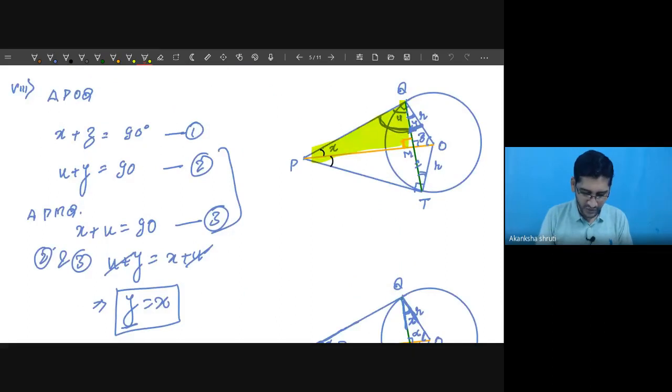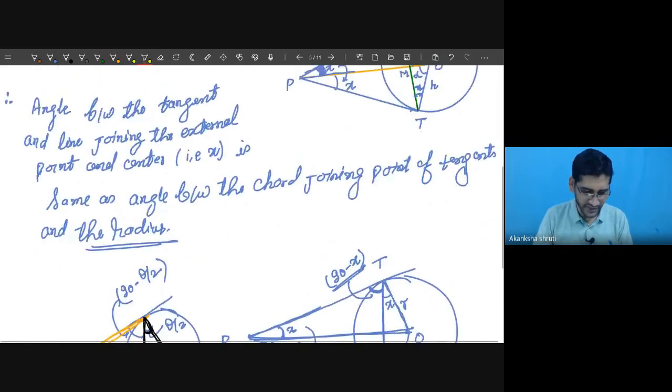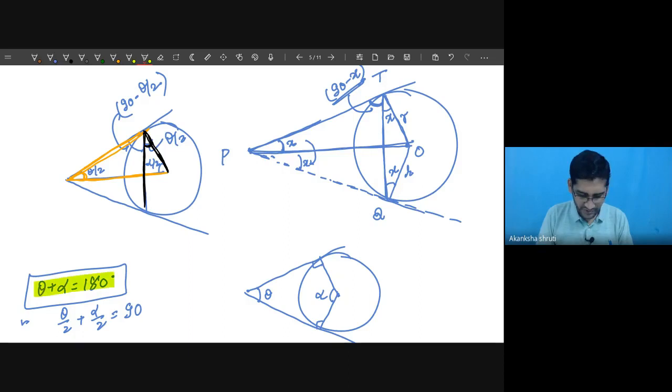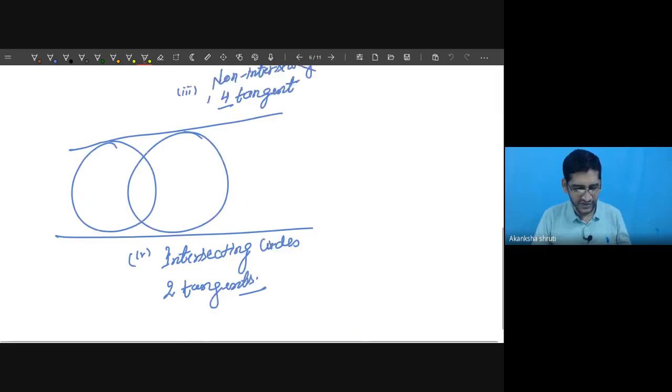So this ratio and the Pythagoras theorem. Which two angles are equal? That I had proved here, the same thing I had already spoken. The same thing is written in the statement here, and explained: this theta by 2 and the other angle between the center and the chord joining the points of tangency are equal. But the sum of the angle at the external point between the tangents and the angle at the center is 180 degrees. It is this one. So these are the concepts.